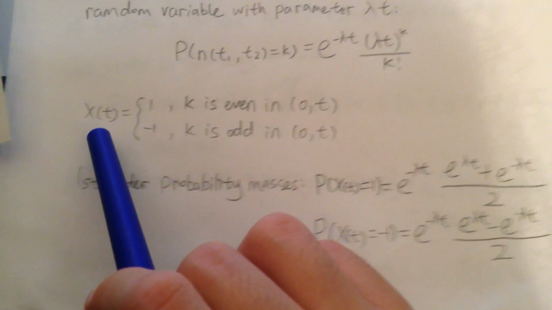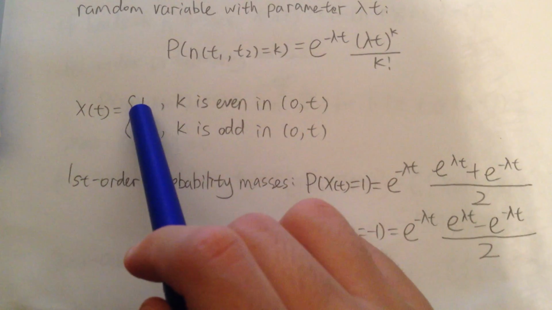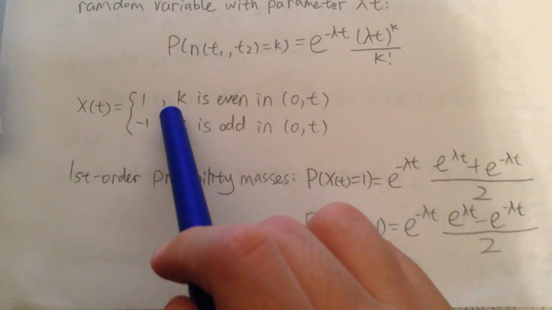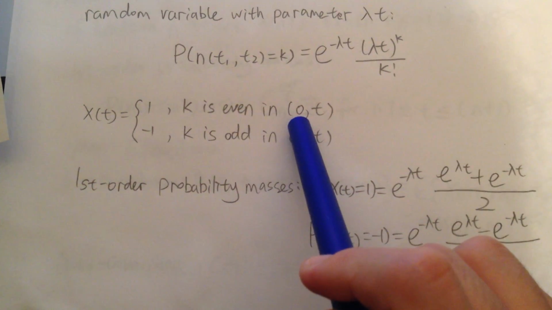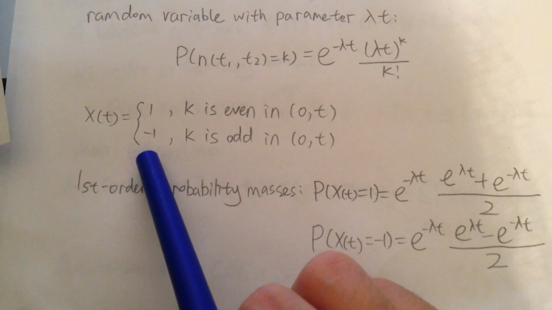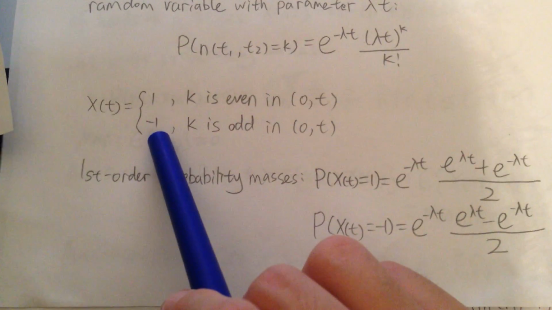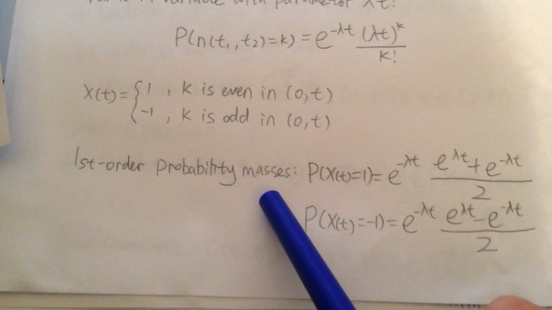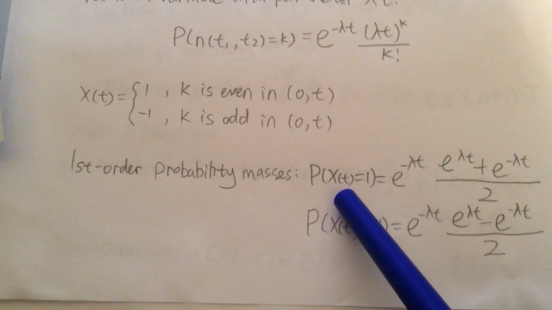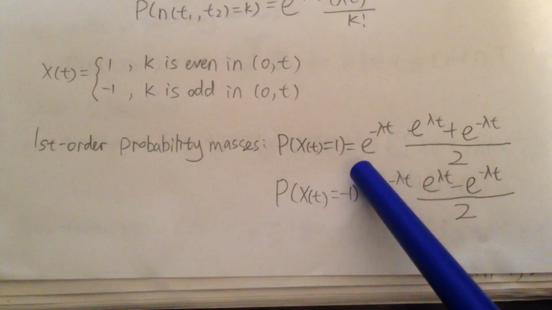Here we define X(t). When X(t) equals 1, that means k is even in the interval from 0 to t; otherwise it equals minus 1. So the first order probability of this process is the probability of X(t) equals 1 equals